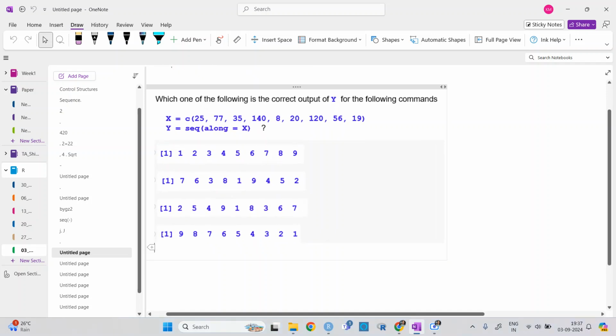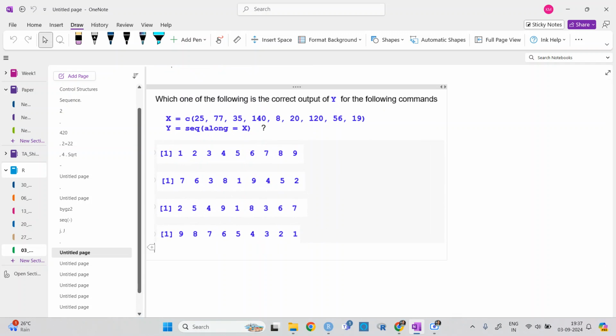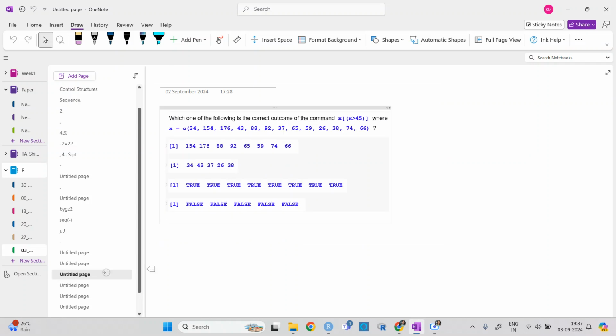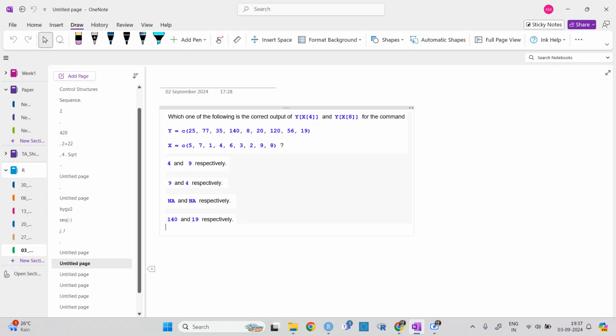Okay, I think we have not discussed sequence along x. So leave it. We will leave these two questions.